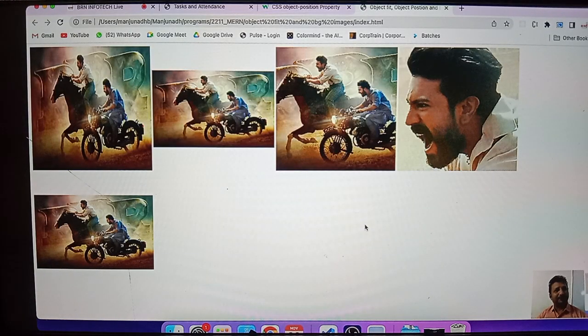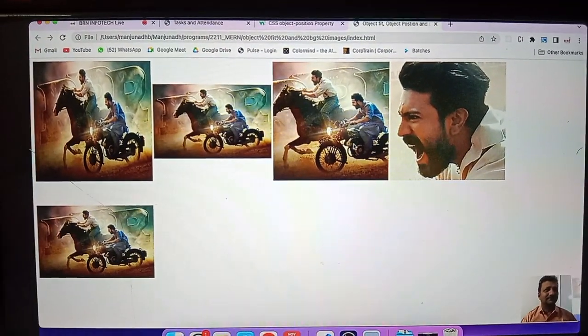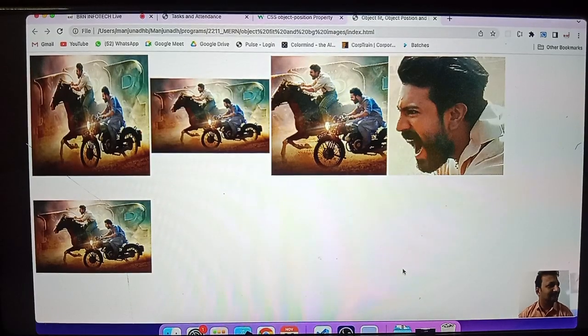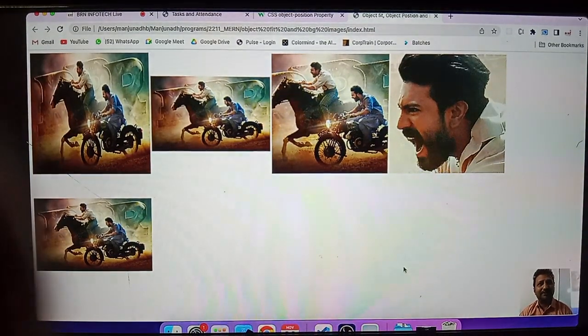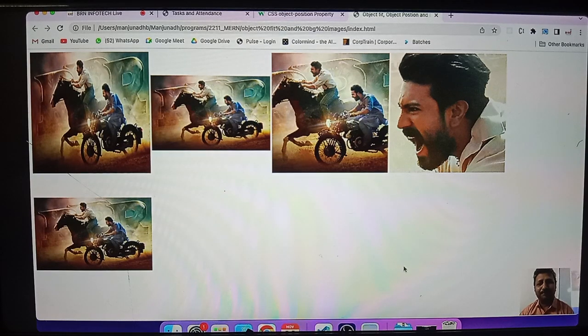The image is much bigger. The image container is much smaller. Now I am controlling which part of the image to be displayed using object position. You can do it using this also, contain or cover also. Understanding what I am saying? Confusion? Clear? Now people create these things for multiple